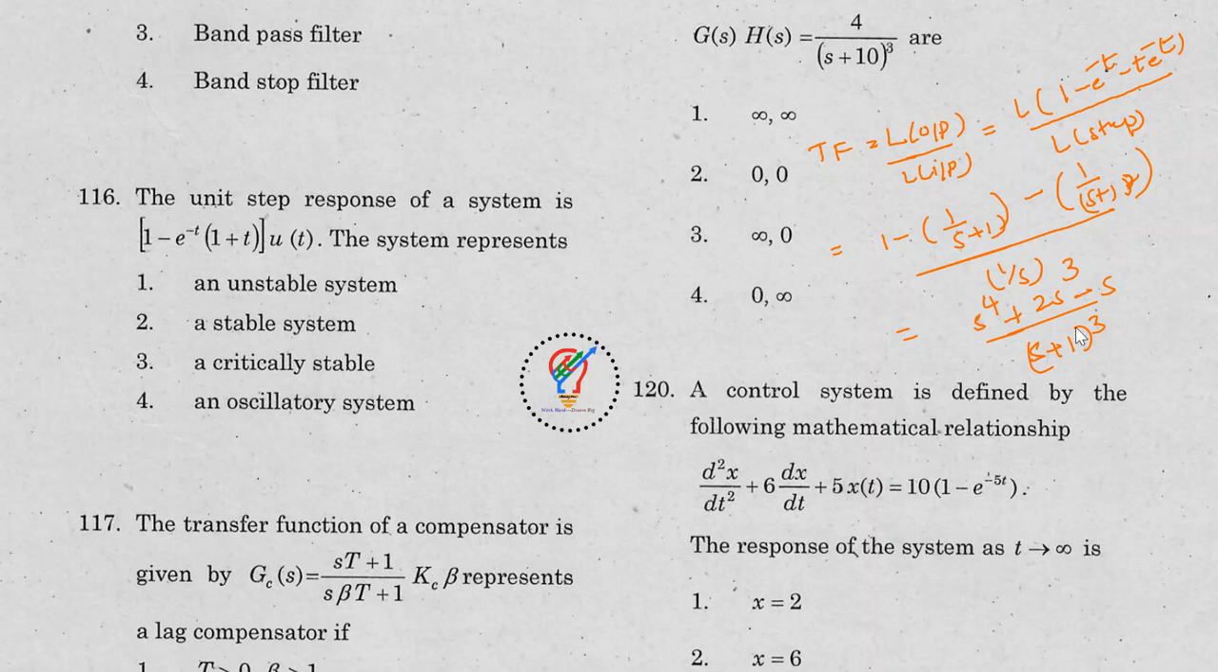See, all the poles, that is, (s plus 1) whole cube means the poles are lying on s is equal to minus 1, minus 1, minus 1. So all the poles are on the left half of the s plane. If you draw the left half of the s plane, here we have minus 1, minus 1, minus 1, and 3 poles are there, so that we can say the system is a stable system. Okay,